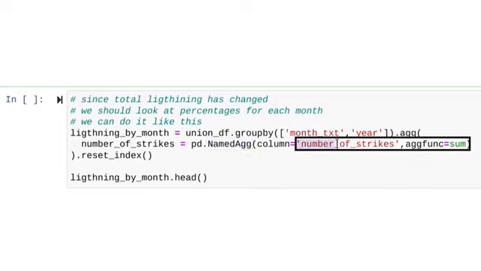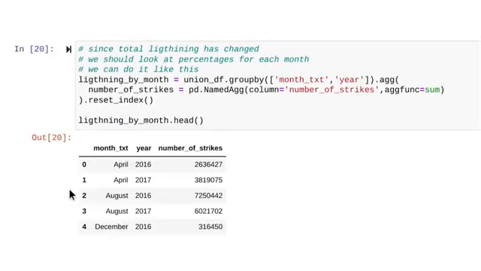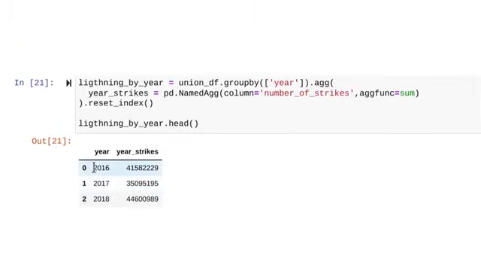In the argument field, we place our column name and our aggregate function equal to sum so that we get the totals for each of the months in all 3 years. When we input the head function, we have the months in alphabetical order along with the sums of each month. We can do the same aggregation for year and year strikes to review those same numbers we saw before, with 2017 having fewer strikes than the 2 other years.